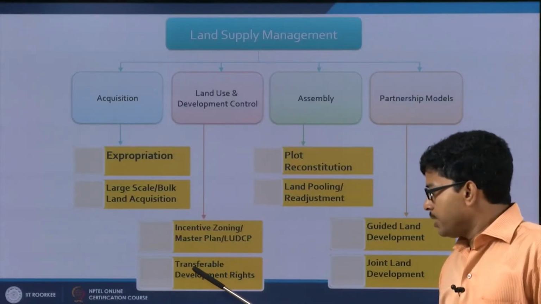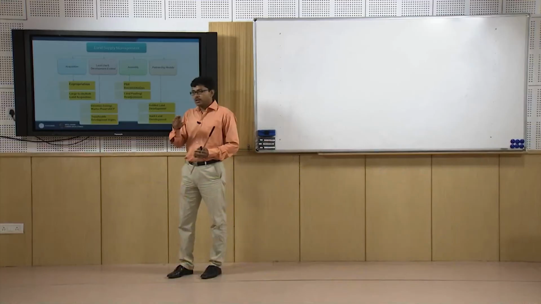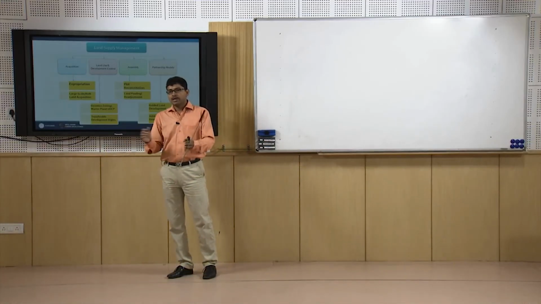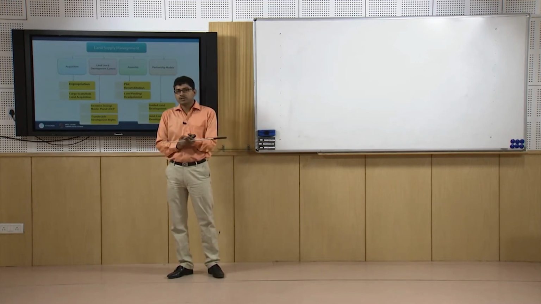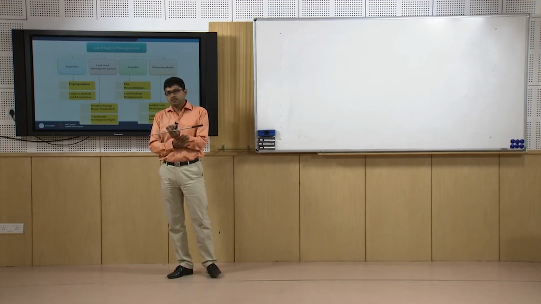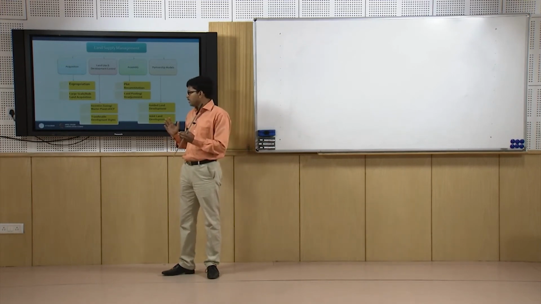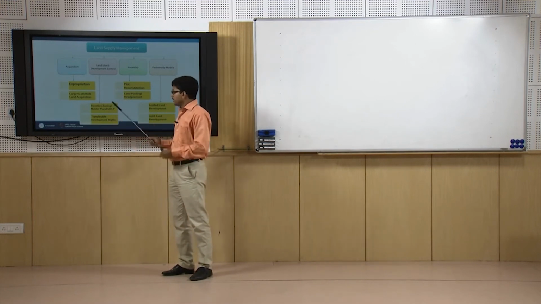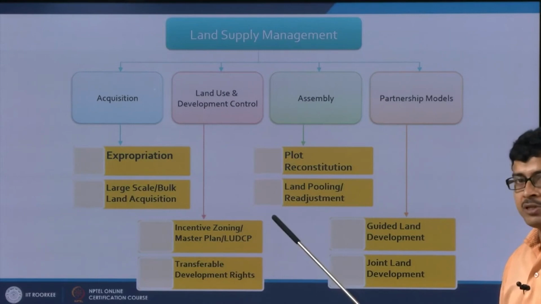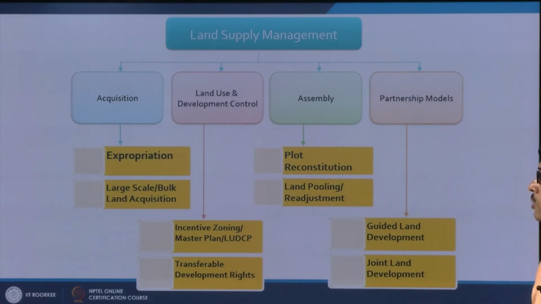Sometimes it is called transferable development right, in short TDR. TDR is nothing but a transferable development right over a piece of land. You can build floor areas, and that floor area is termed through FAR, floor area ratio, which is nothing but the overall floor area of all the floors built over that particular land divided by the total land. This floor area can be transferred from one land to another land. So, irrespective of this land use prescription, this TDR also can be used as a control mechanism.